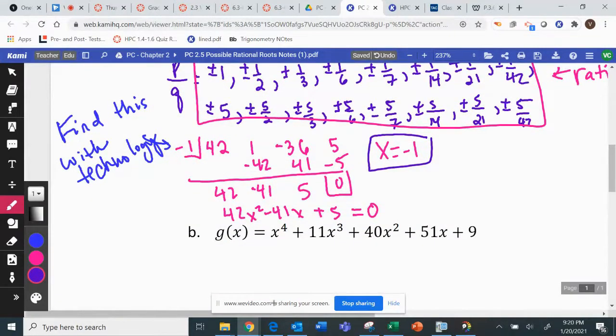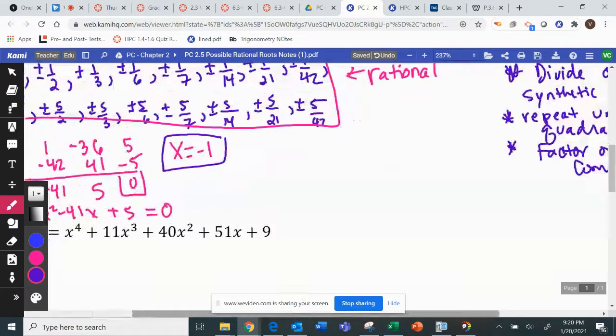And then I've got my 42x squared minus 41x plus 5. So at this point, I can either do the quadratic formula or I can factor. And I'm going to try factoring. That doesn't mean it is factorable. I'm going to try factoring